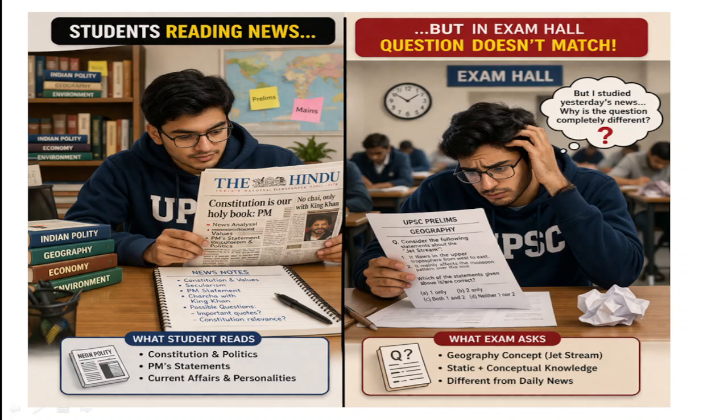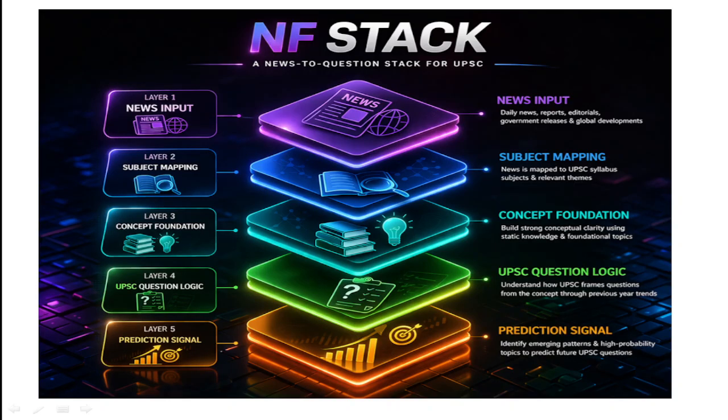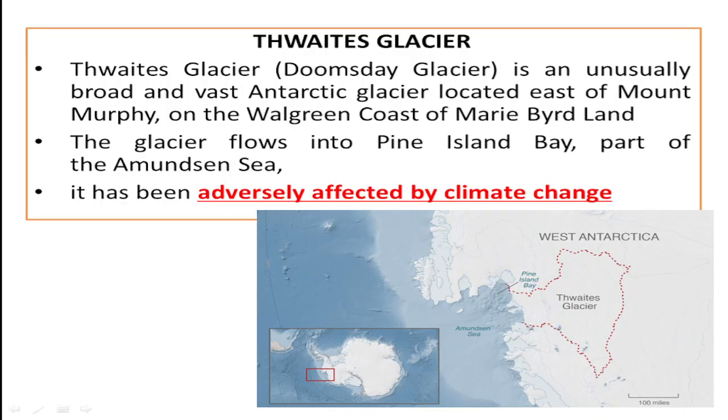And that is because we miss different layers of preparation of topics present in the news. So that's why we introduce the NF stack method, where input news is mapped subjectively, the concept foundation is found, the question logic is made and the prediction signal is increased. Okay, so through the NF stack method, what UPSC can ask from geography topics is what today we are going to look into. First topic,